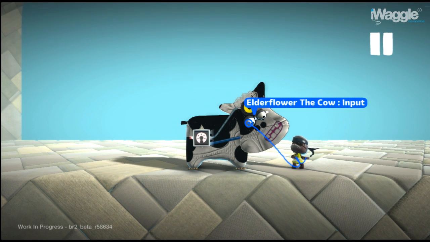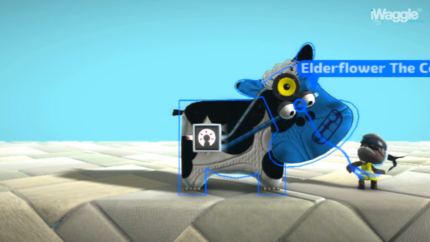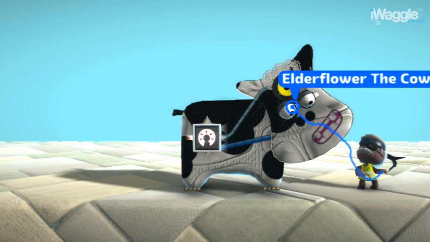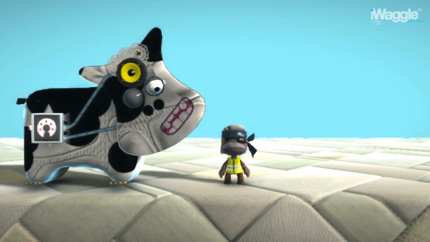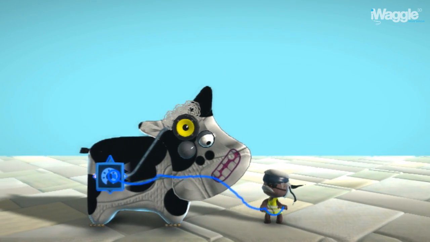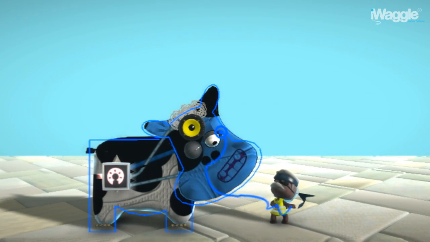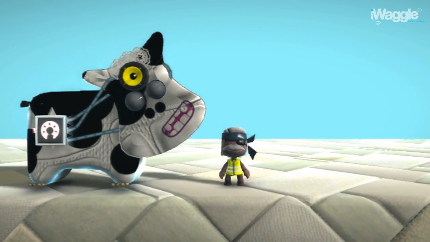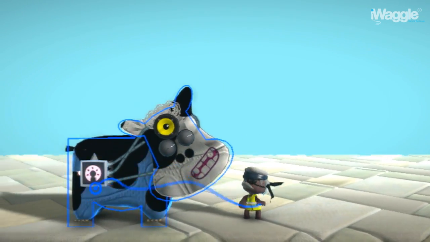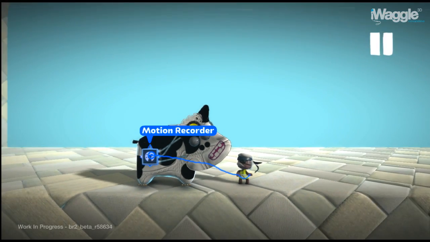What I'm demonstrating here is the motion recorder, which allows not only to record motions of any grabbable object, be it a standalone one or a part of a more complex contraption, but also button presses. Here I have attached buttons to the eyes of the scope, as well as on the sound effect above them. All I need to do now is hit record here,